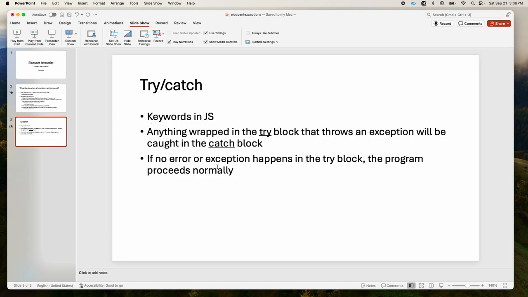And catching an exception is part of a try-catch statement. So try and catch are keywords in JavaScript. You can wrap things in a try block with curly braces and a catch block in curly braces. It actually looks kind of like an if-else statement, basically. So you're going to try something, and then if an error pops up within that try block, it'll get caught in the catch block. And then from there, you can handle it in a proper way for your users or for your application,